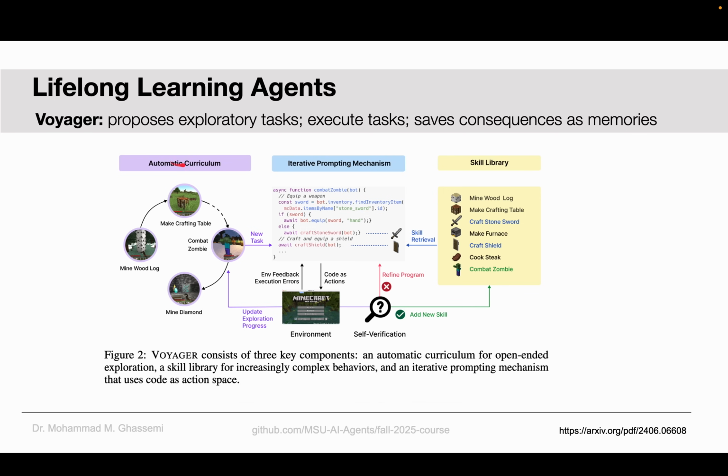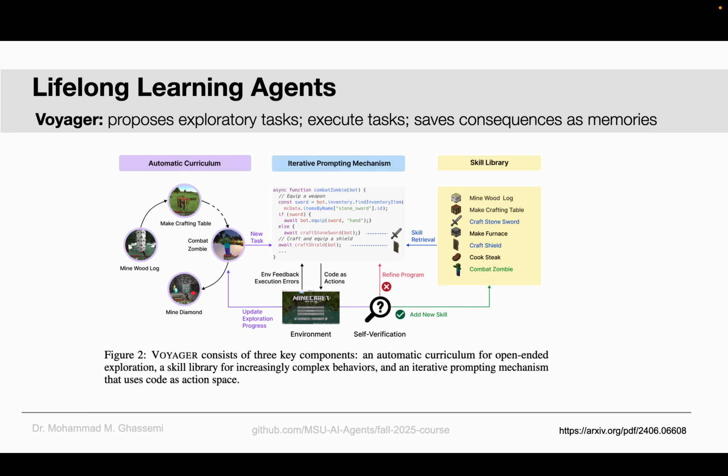Well, it starts by defining some of the things that the agent should try to achieve. It should mine wood, it should craft a table, it should combat zombies, and eventually it should mine for diamonds. So it's given some guidance that it needs to do these things. As it's trying to progress through this sequence in order to get ultimately to the point of mining diamonds in